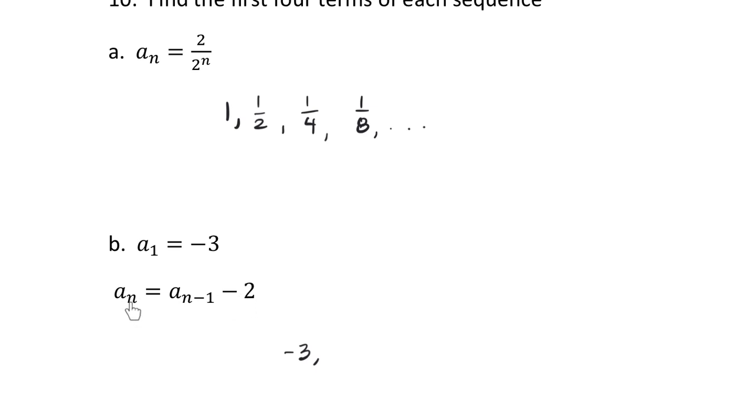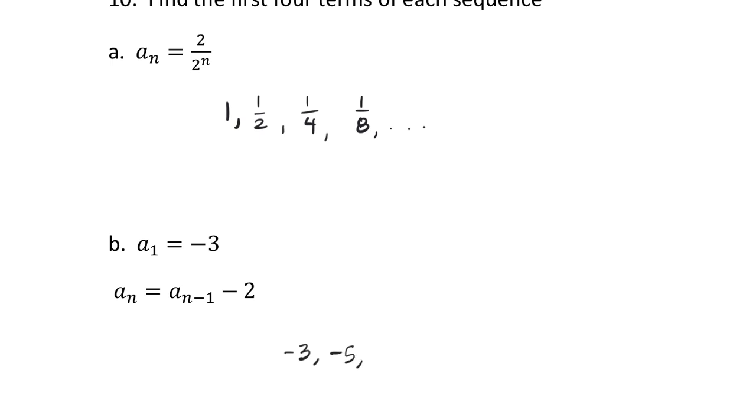So a sub n, which we could think of as the next term here, if this is a sub n, then a sub n minus 1 is the term in front of it. So a sub n, which is this term, is equal to a sub n minus 1, subtract 2. So to find this term, we subtract 2 from this term. So negative 2 minus 2